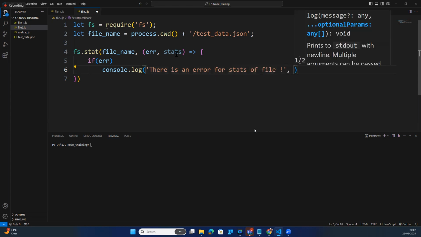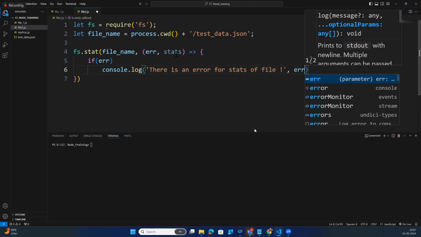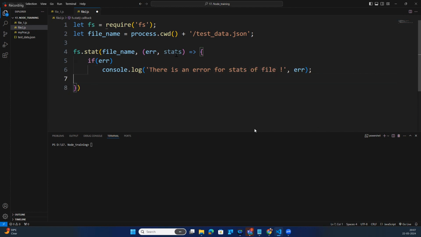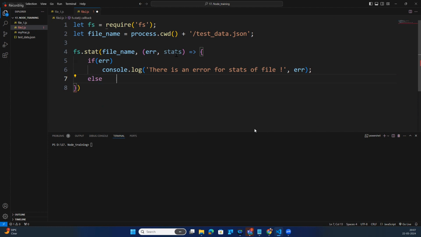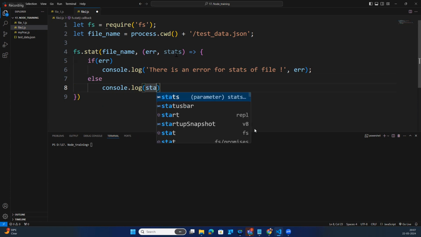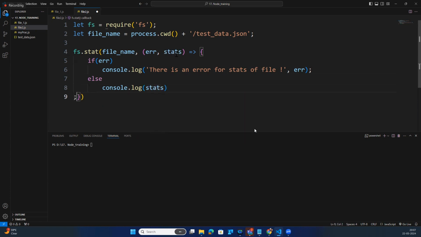Okay, and show me that error. What is the error? Okay, now what you need to do is go to the else block and put a console.log. I don't want all these things, I just put stats. That's it, nothing much. Okay, fine, then